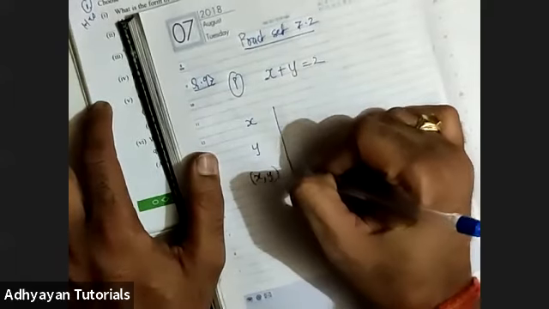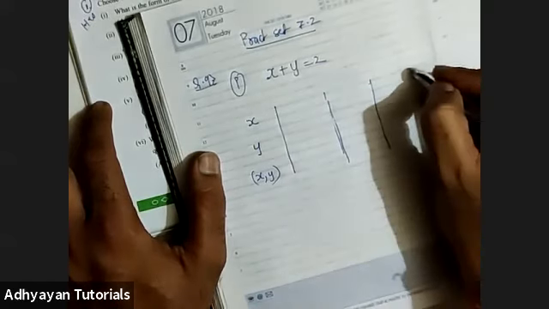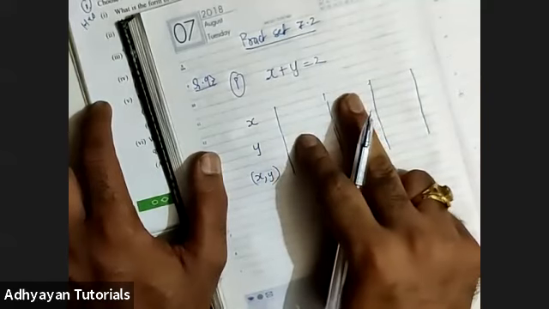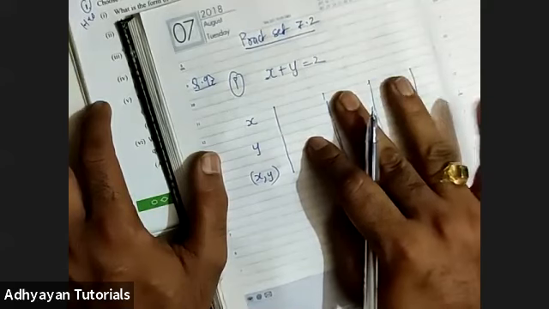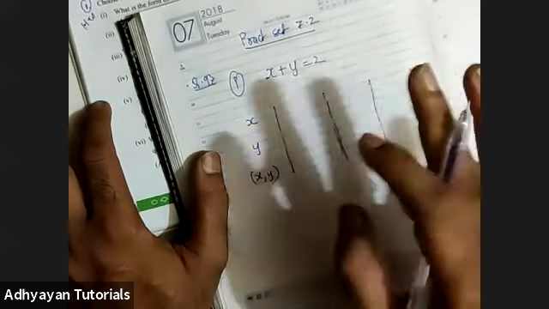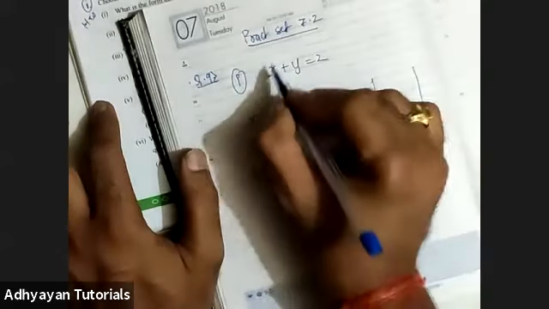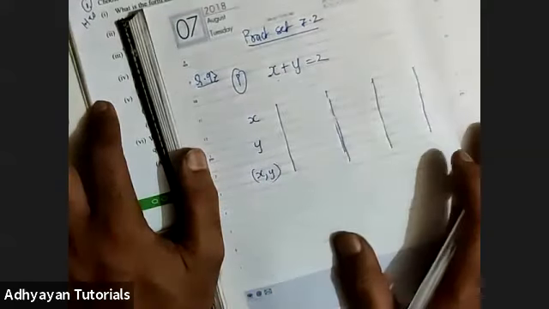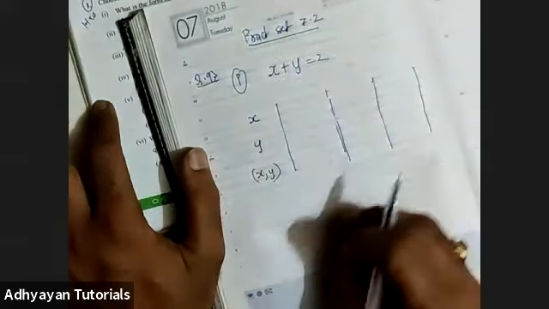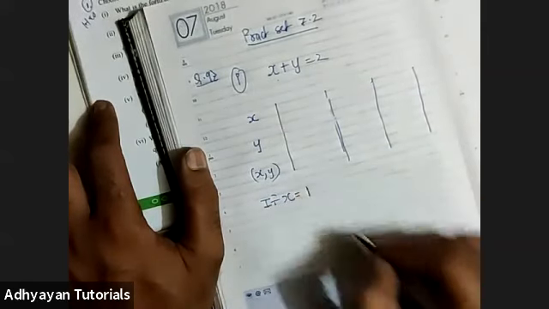Now we'll put certain values of x and y in it. Many school teachers say we need to consider 2 values. I would suggest considering 3 values. That will help us verify whether the sum is correct or not. Now, how exactly do we get those values? It is very simple. We need to assume the value of either x or y, one of the two. For example, in this case, I would assume the value of x, let's say, is 1.